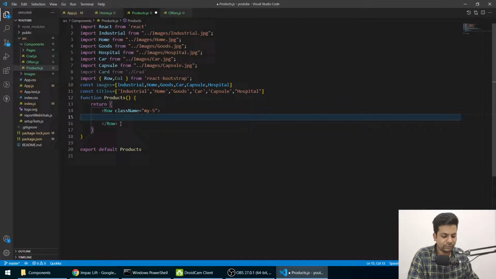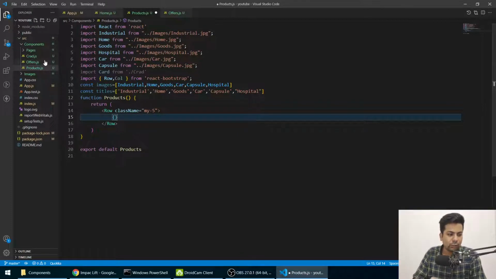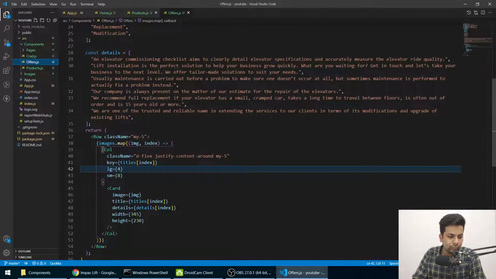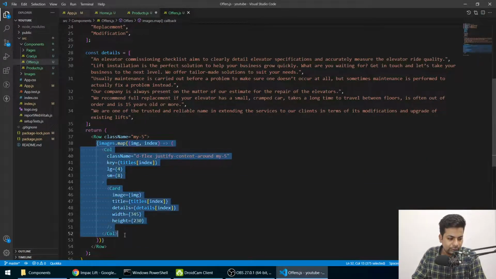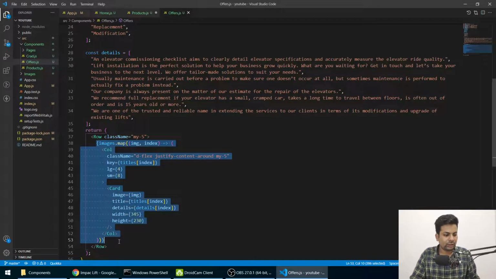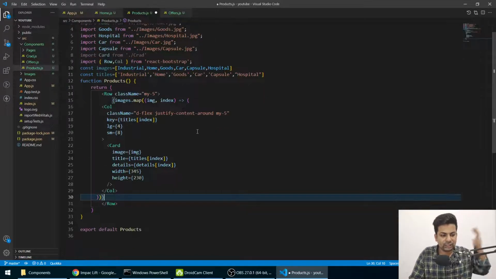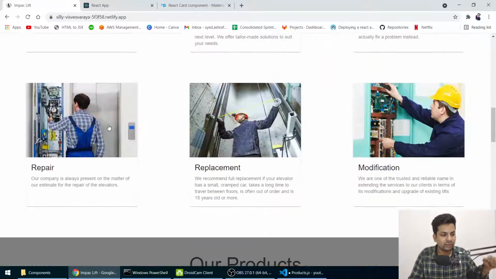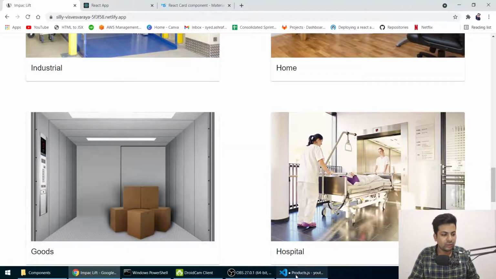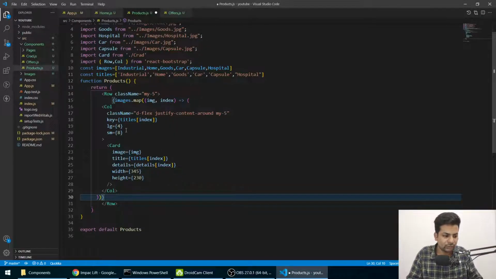Yeah guys, now here we'll use images, same thing, we'll just copy it from here with the way we are looping it. We'll just copy this whole part till here, this whole under row, and we'll just paste it here, but there are little changes, like we don't have details here. See, we were having details here, we don't have details. So we'll just remove this details because it's not defined here also.